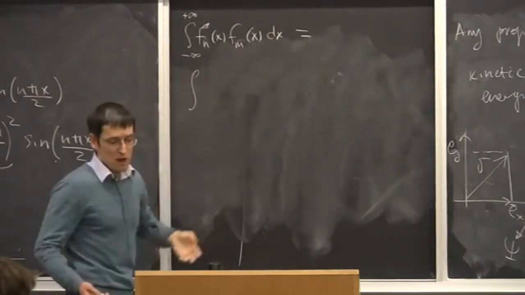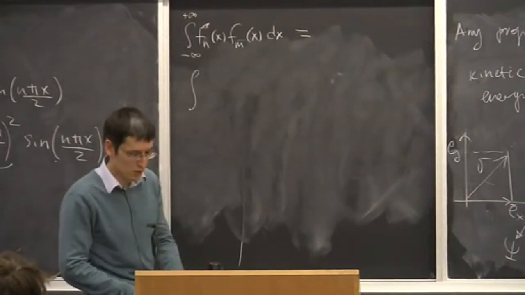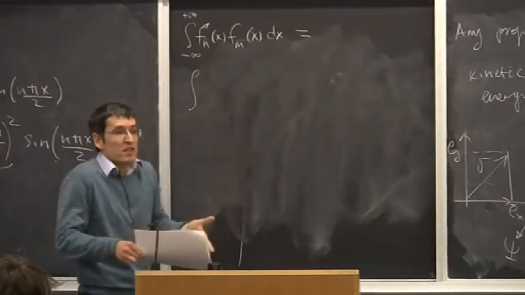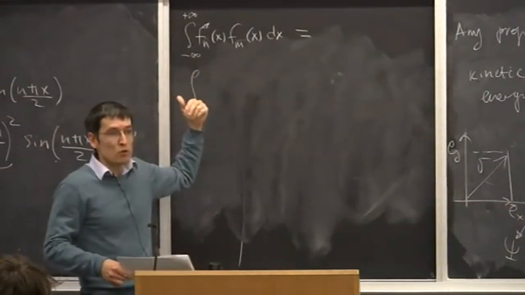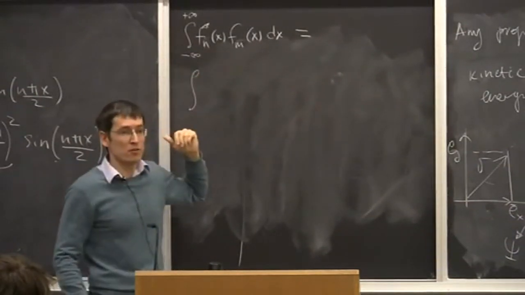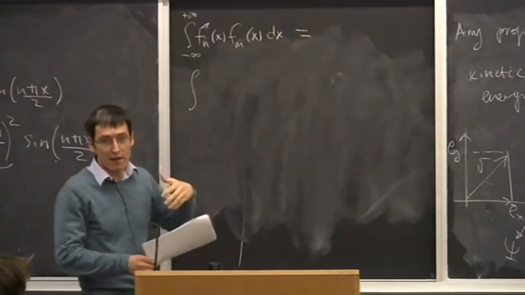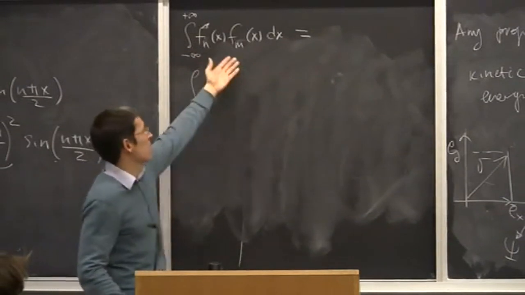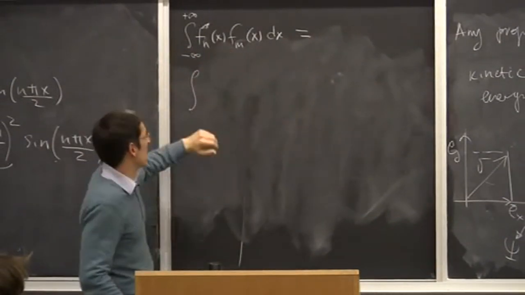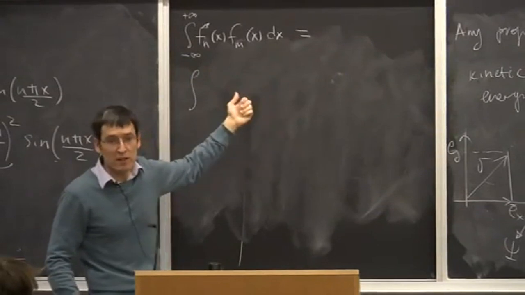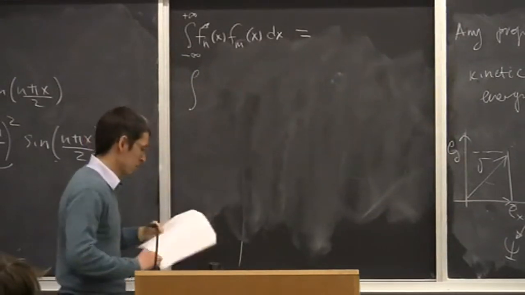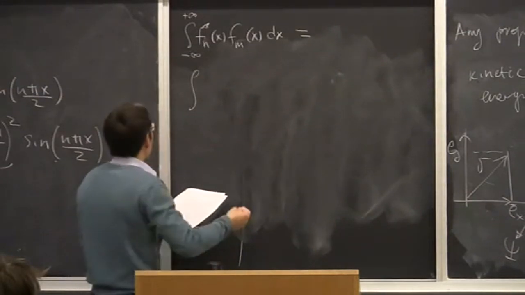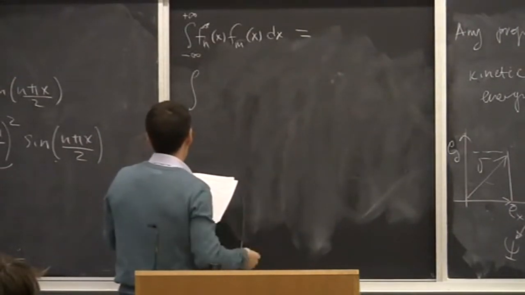N and m, these are just numbers which I don't want to name, because by naming that n is equal to 1, say, I am restricting my consideration to the first function. But I don't want to restrict this. I claim that this is general. So no matter what n is or what m is, what I will show is that this integral will be 0 or 1 for any n and m. Okay? So that's why I'm using letters, not to confuse you, but rather to produce a more general result.